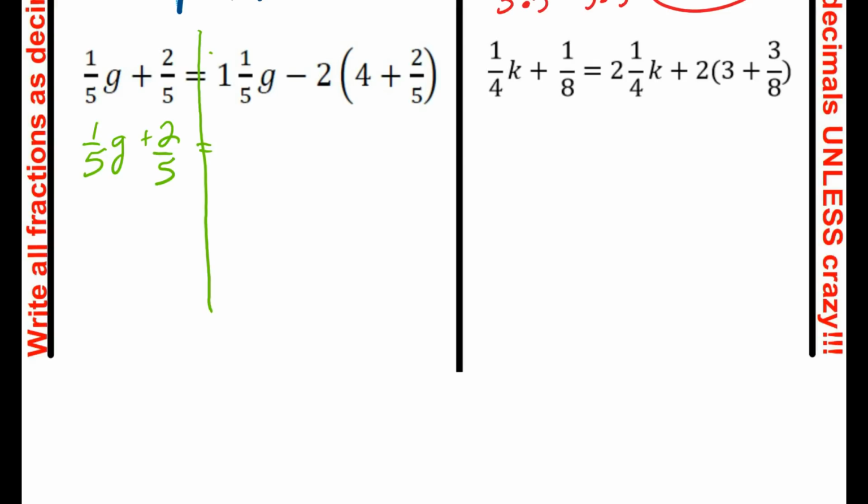I would turn this into an improper fraction. Who wants to write 1 and 1/5? Nobody got time for that. So let's do 5 times 1 is 5, plus 1 is 6. So let's write this as 6/5 G